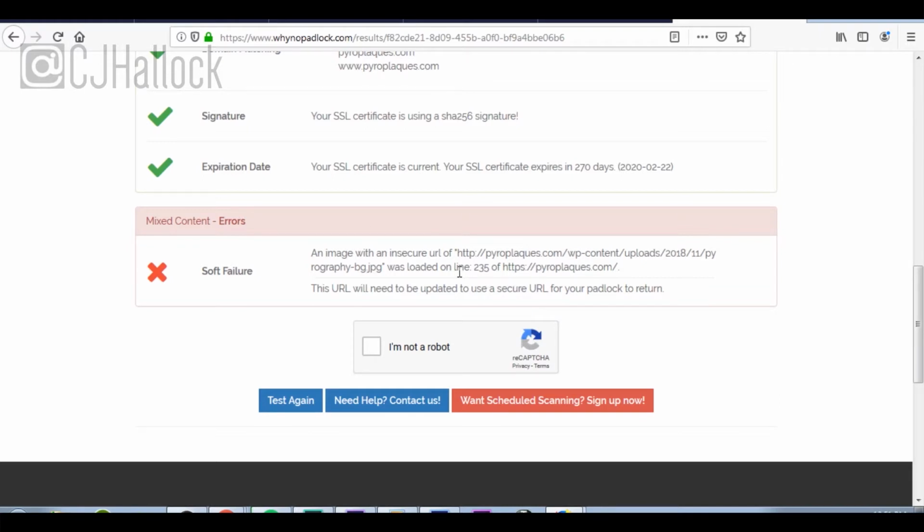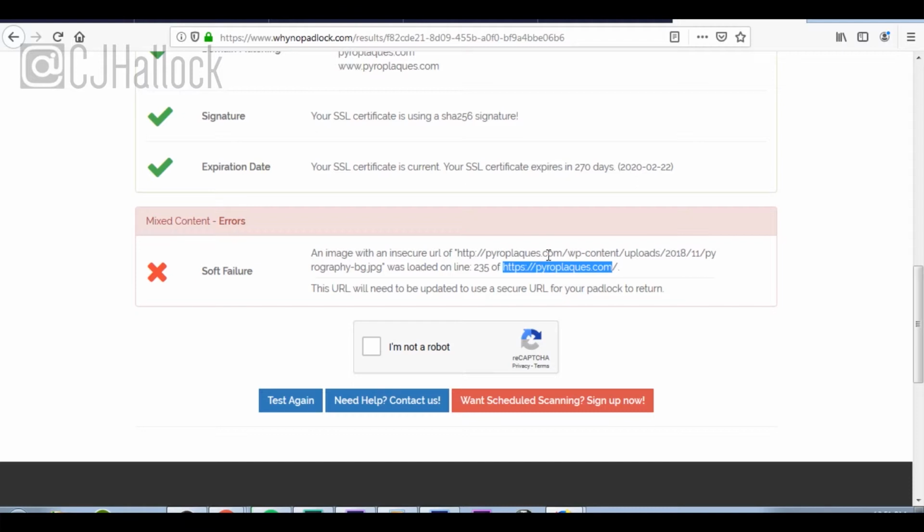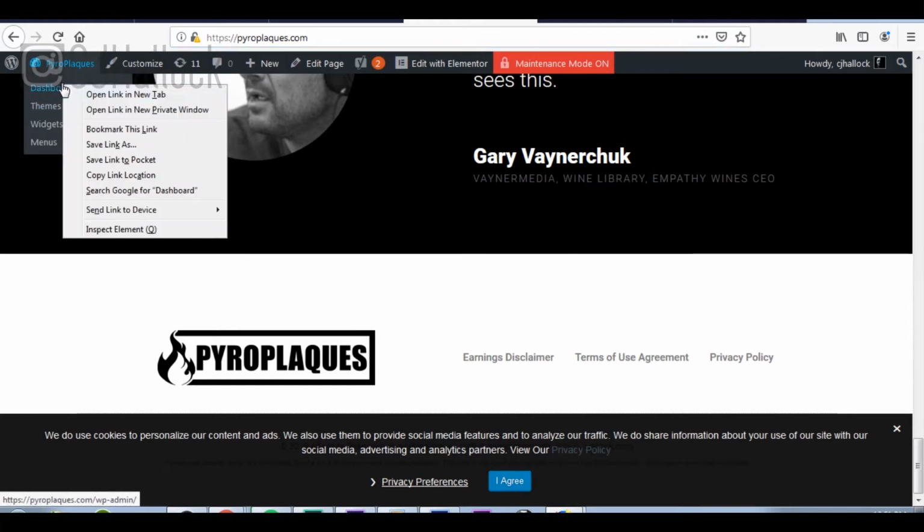is this image with an insecure URL. And when you have that issue, basically it's loading in the code as HTTP instead of HTTPS. If that is an issue, that can be fixed very easily. And what we're going to do, I'm going to go ahead and copy this so we have the URL. So what we're going to need to do here is we'll just go back to the website, get into the dashboard,